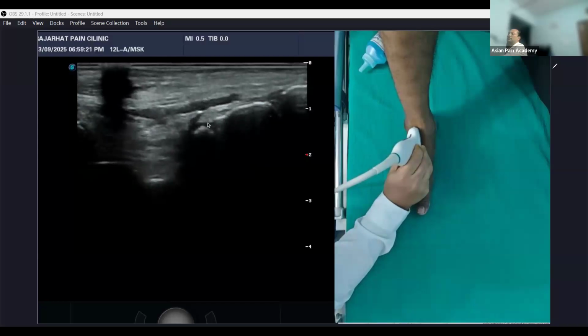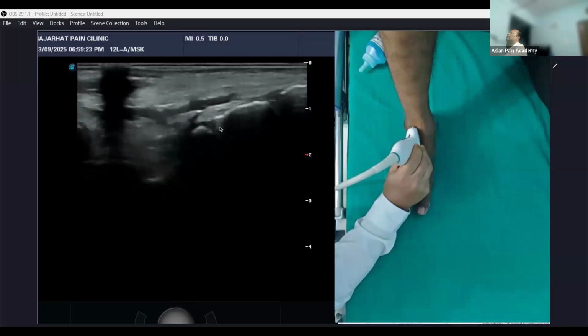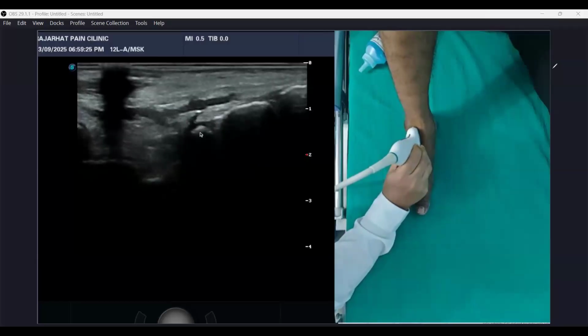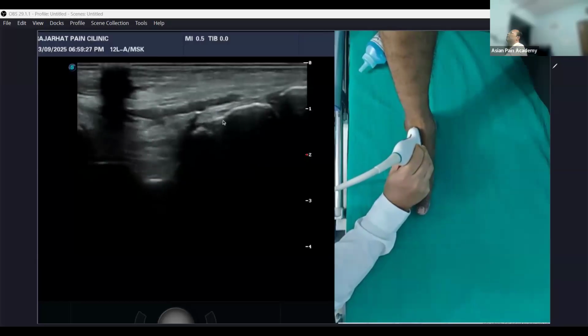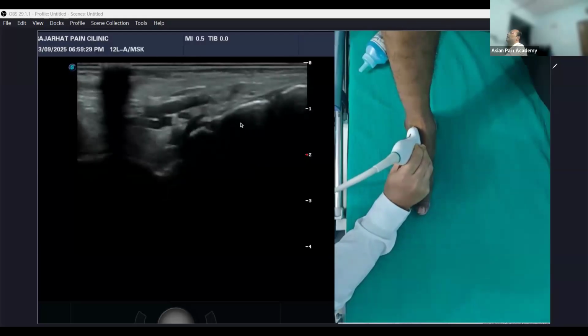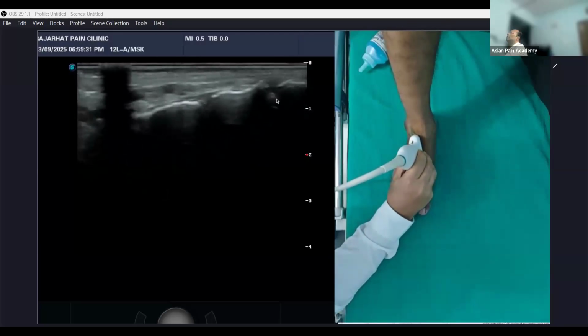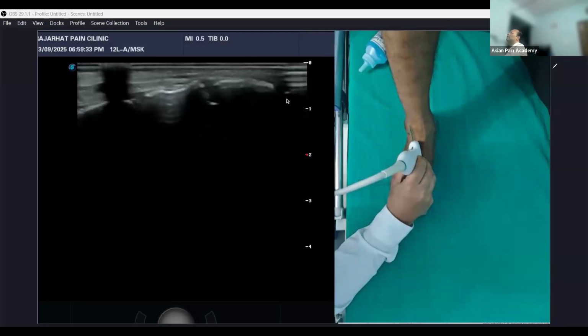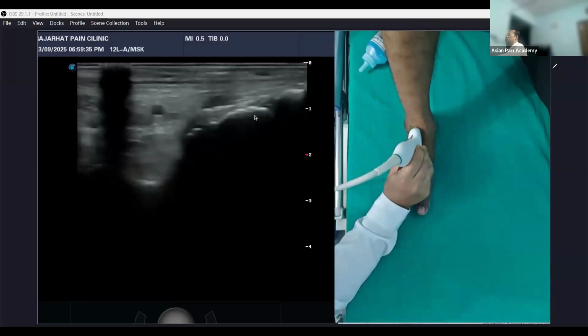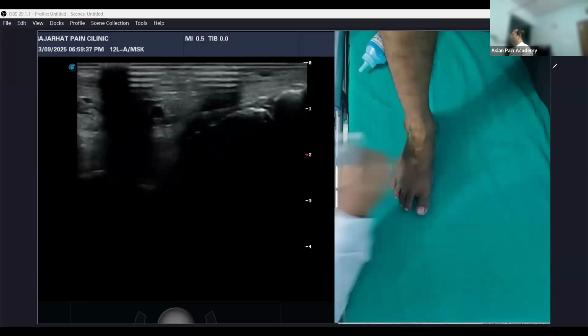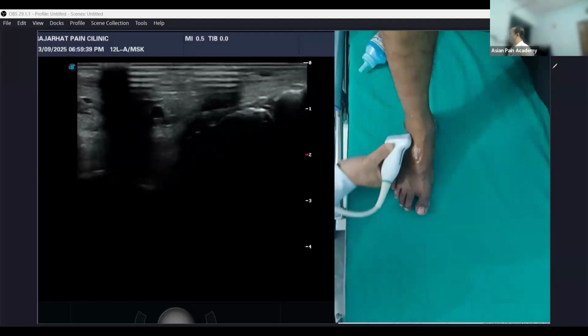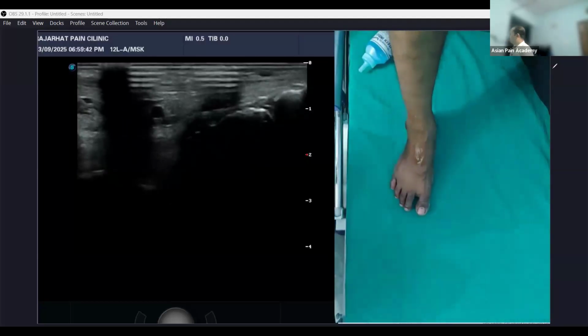So what is this joint? Anyone can say? Talonavicular joint. Yes, this is the talonavicular joint. And of course, this is the cuneiform, and then comes the metatarsal. So we don't need that much. Okay, so this is the anterior joint recess. Now I will show you the